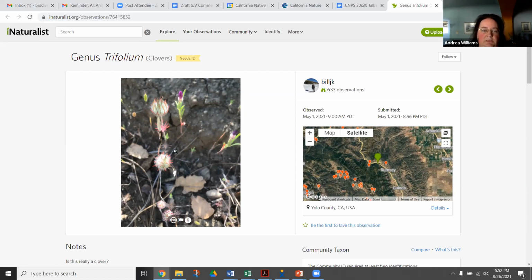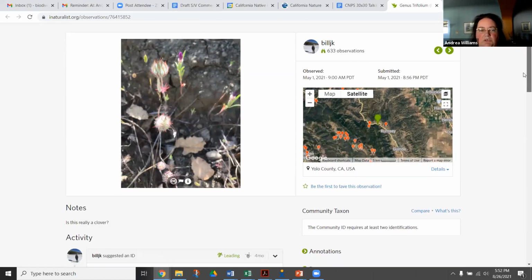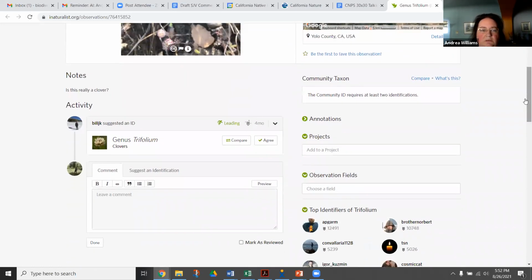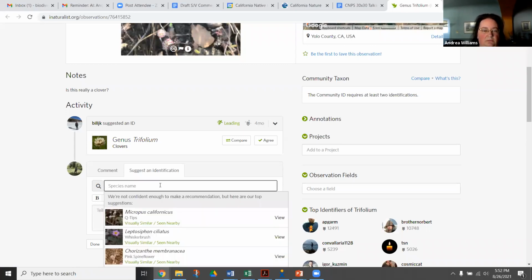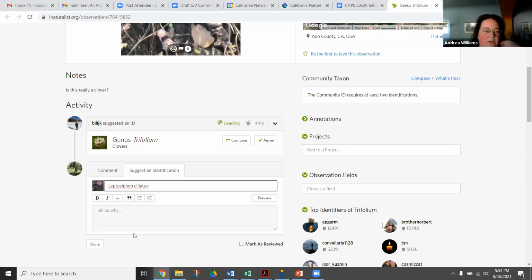So this is something in the Polemoniaceae. What I can do is suggest an identification, and it doesn't really know. But it does happen to be Leptosiphon ciliatus, which is visually similar and seen nearby. So I'm going to pick that one